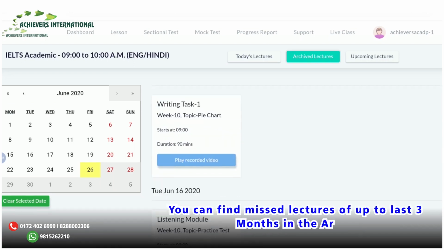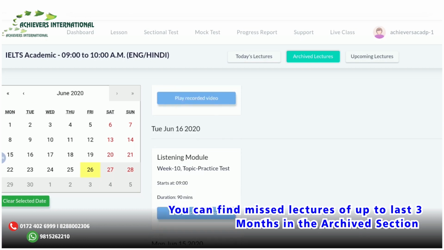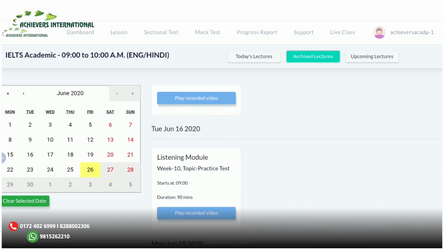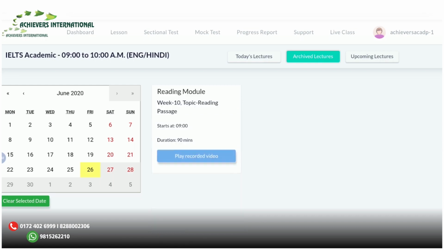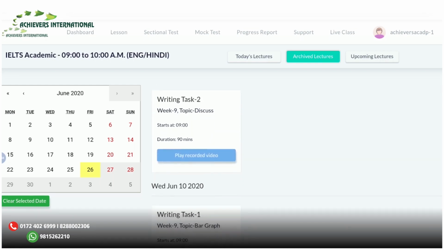So that's a big advantage, that you have a library from where you can access the live lectures of last 3 months at least, to prepare yourself, or if you want to know about any of the problems which you have faced in the beginning and how you are doing with that now. So you can compare the things from here, and you can learn as much as you want from here.